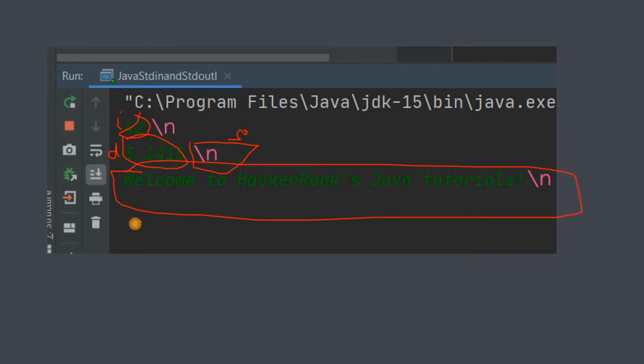So to store this string into the variable S, we'll have to do one thing. We'll have to take this scanner and basically ignore it, right? Just store it in some other variable, say S1. So whatever this blank space is there, this will be S1, and the new line will be S. So you can do that.